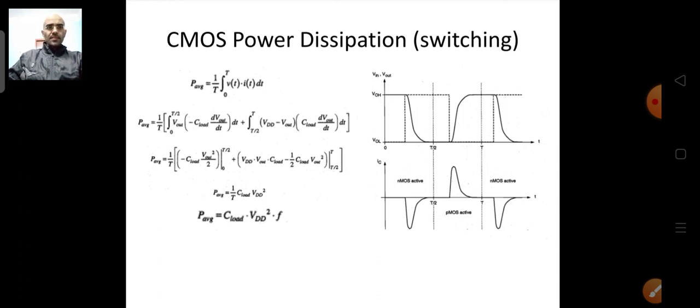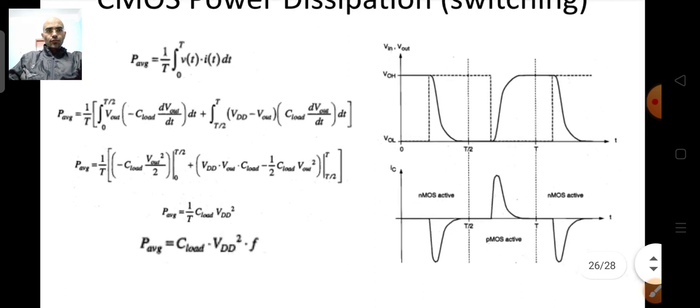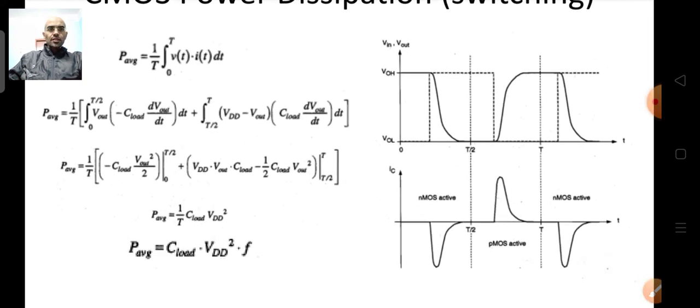So what happens is, in the first diagram, the dashed line is your input, whereas the continuous line is your output. As soon as the input changes, the output starts transitioning. For this case, if you determine the average power dissipation, obviously we can take the